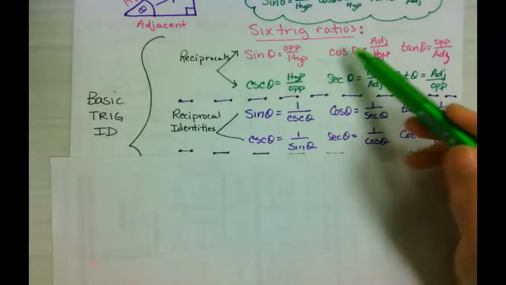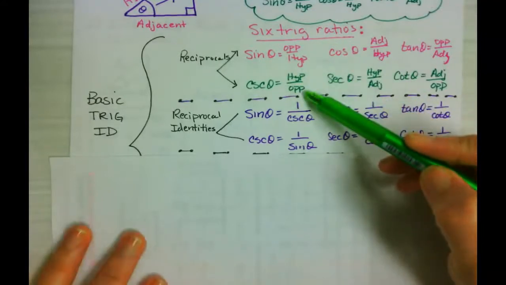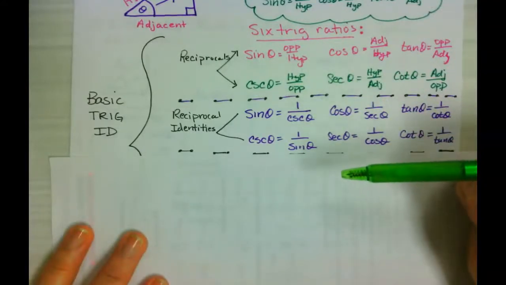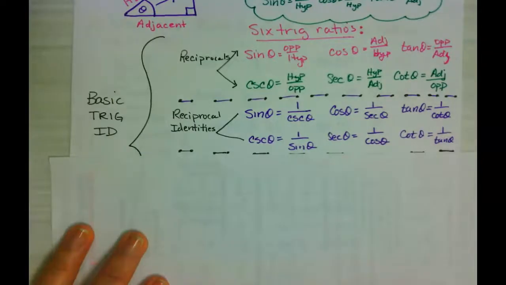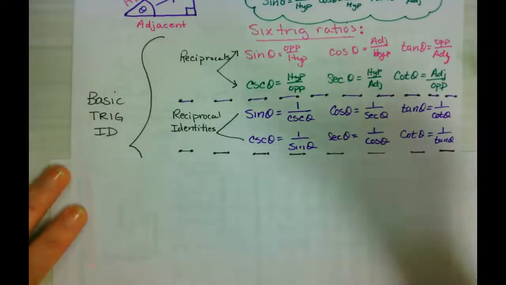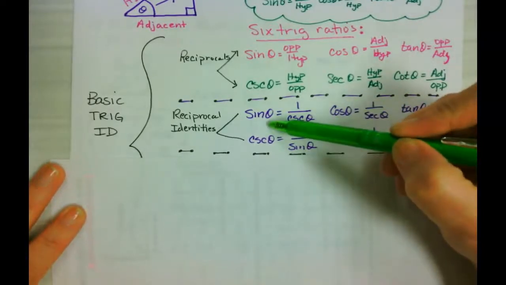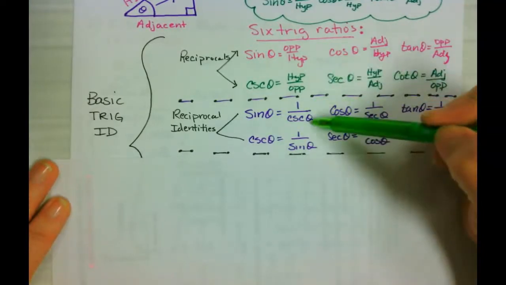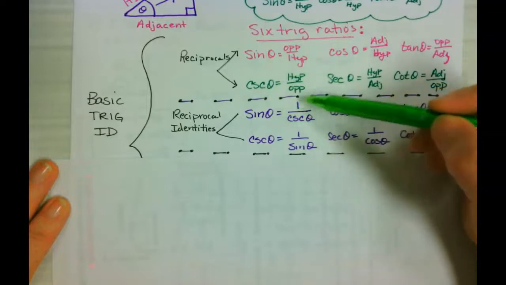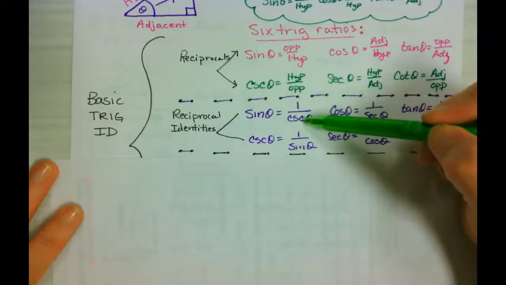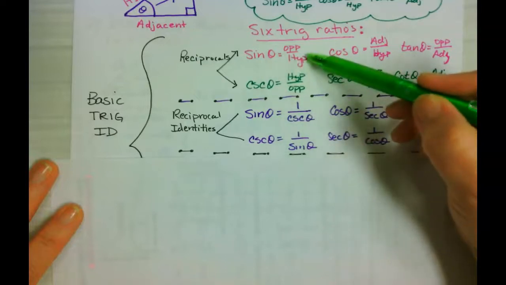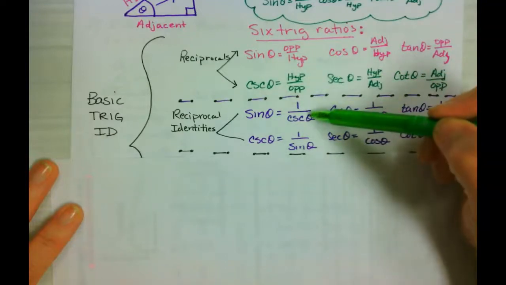So these are ratios, and these ratios are reciprocals to each other. But we actually have reciprocal identities, and that means 1 over the function. So as we learn reciprocal identities, we know that also means 1 over. So sine of theta is 1 over cosecant of theta, because remember this was a reciprocal, so it's 1 over that reciprocal. So I could say sine is opposite over hypotenuse, or I could say sine is also 1